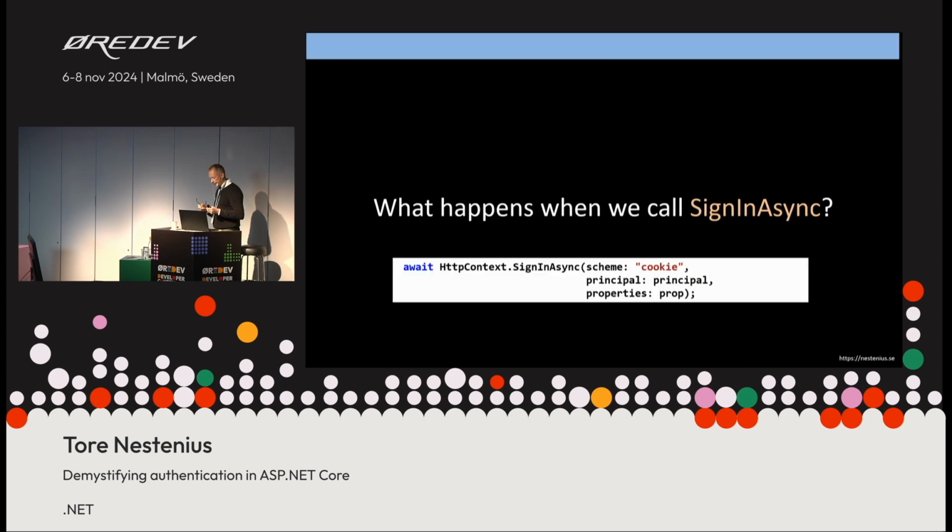So then you might wonder what happens when we do a sign in. Anyone who wants to make a guess? What happens when we do a sign in? Create a cookie and something else. Do we do something else or